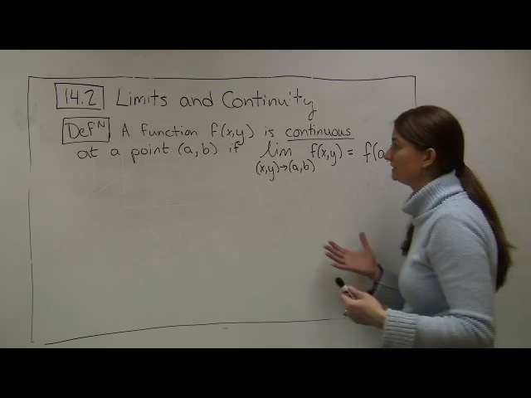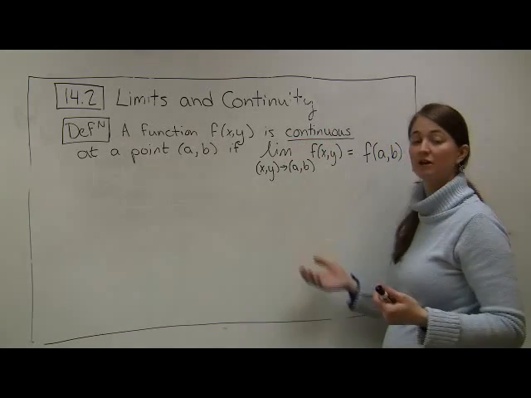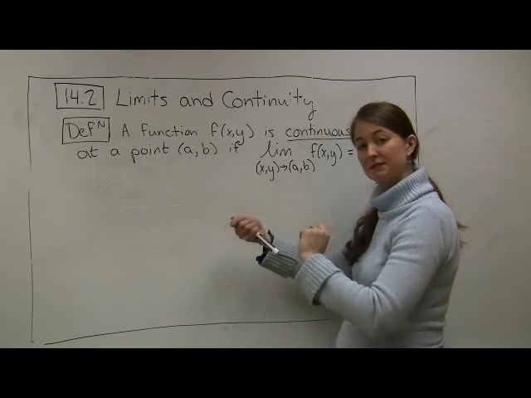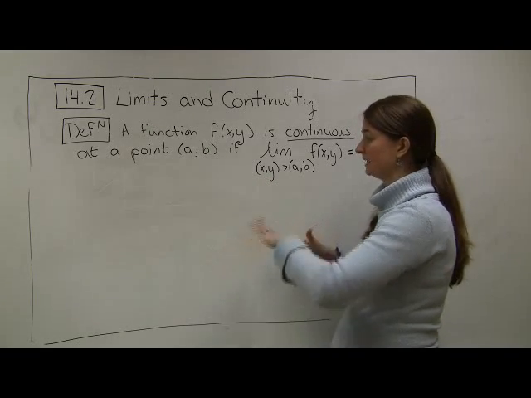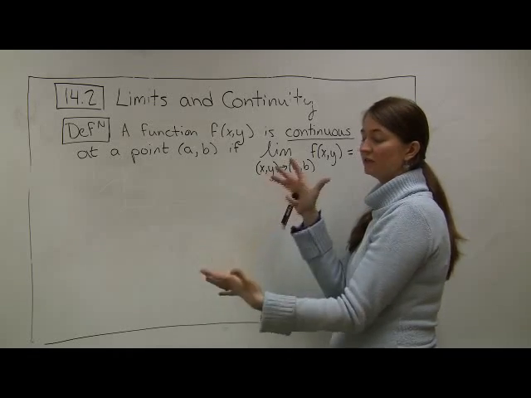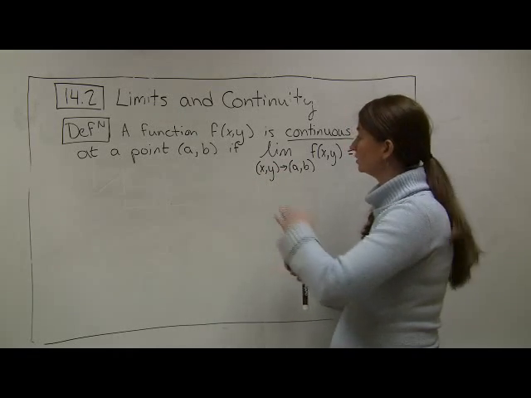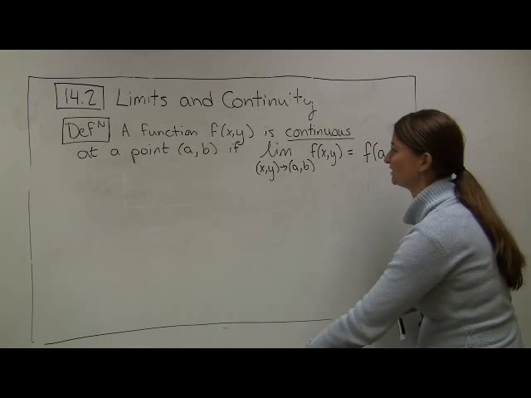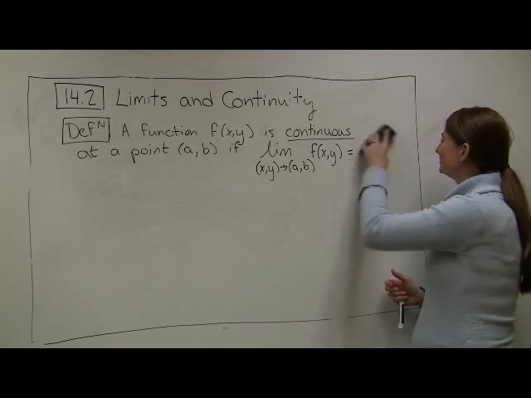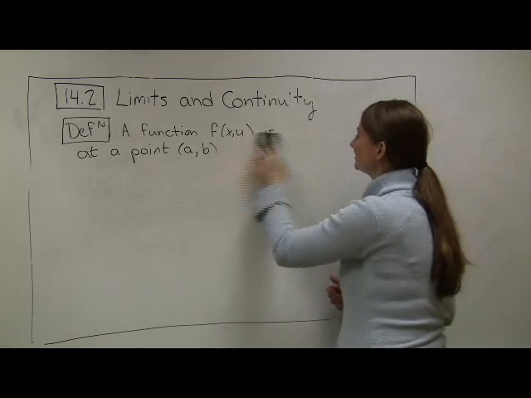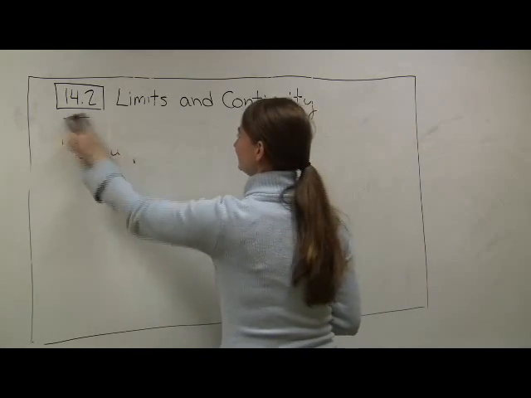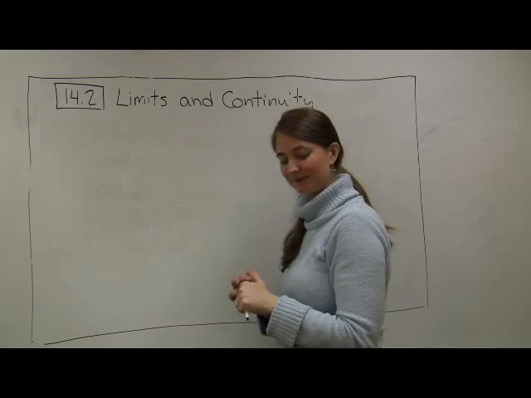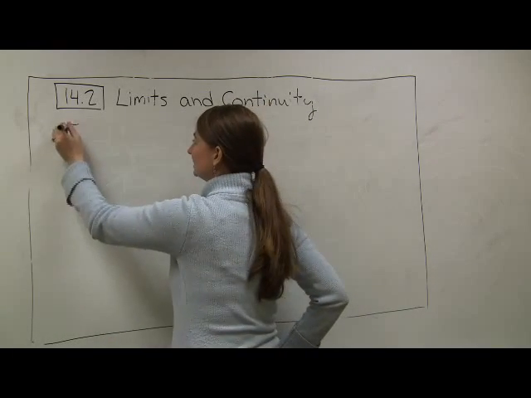So a way to visualize any continuous function that's a two-variable function is going to be some type of continuous sheet. There aren't going to be rips, there aren't going to be holes, you aren't going to have gaps. This continuous sheet could be curvy in lots of crazy curvy ways, but it'll be continuous, right? No holes in it. The reason why that's nice is that continuous functions are easy to be able to take limits of. And now I'll do a couple of examples. So my first example, let's take a look at